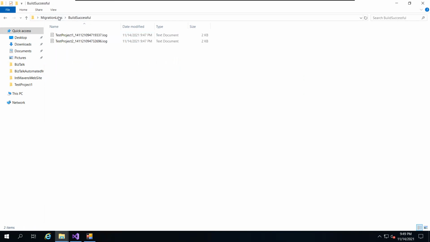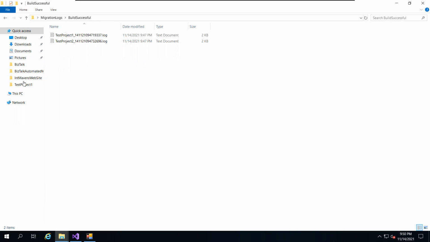And also, if you see here, for every project, along with the project name, it adds a date and time stamp and then generates a log file. So just by seeing the name, you should be able to identify that these projects failed the migration and need to be looked at again, right? Also the error messages will be there, maybe some DLL is missing. But think about a scenario where you have 500 applications, and in most cases migrations are successful, right? So let's say only 50 applications failed. In that case, those are the only 50 applications you have to look at.